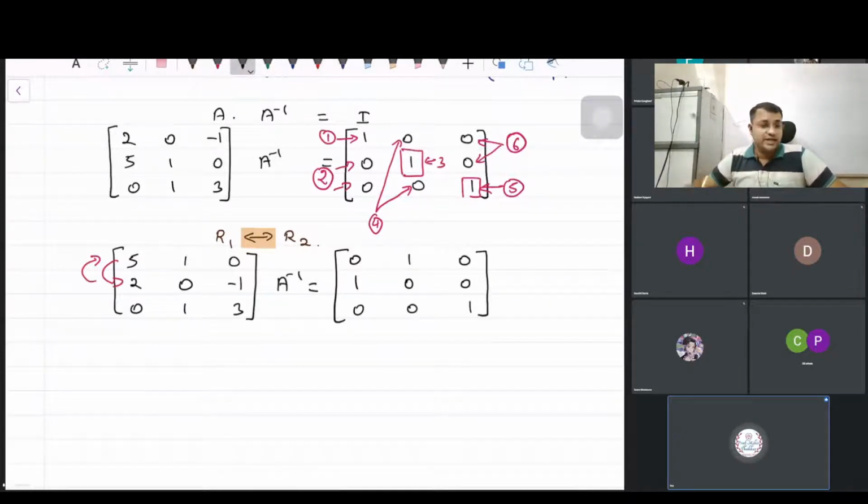Now, the question that I told you in the beginning, why did I do this step? It's very clear, guys. I can see over here that the first element which I wanted to make into 1 has actually become 5. But this 5 will really help me. See how. I will say over here R1 changes to R1 minus twice of R2. Why is it like this? The R2 element below 5 is actually 2. 2 into 2 is 4 and 5 minus 4 is equal to 1. So because I wanted to avoid the fraction, I am doing this particular step.